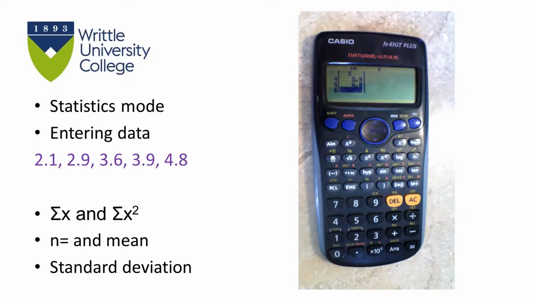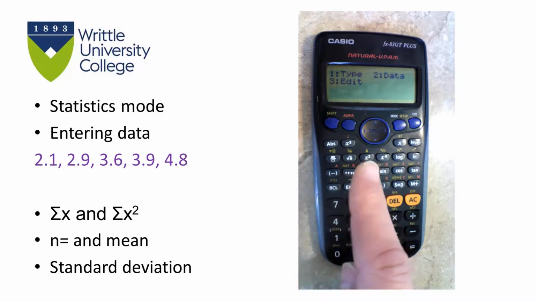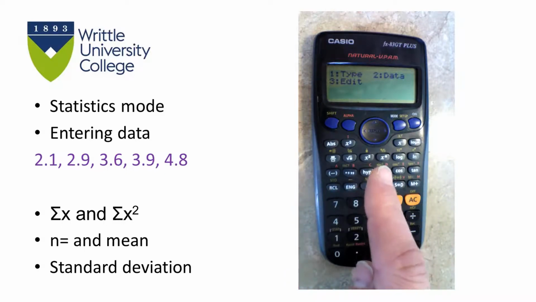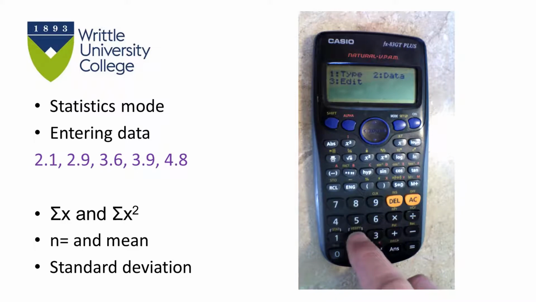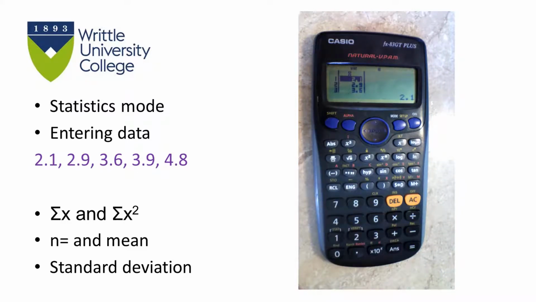Now what might be confusing is people might try and get the statistics straight away. The statistics are on this button, on number 1 with stat above it. If you press shift and 1 to get the stats now, you get this rather truncated menu. It gives you the opportunity to edit or the opportunity to look at your data again, but it doesn't give you the statistics. So if we go back to where we were, and press 2 data to get back to the table, what you must do every time is to clear the table,